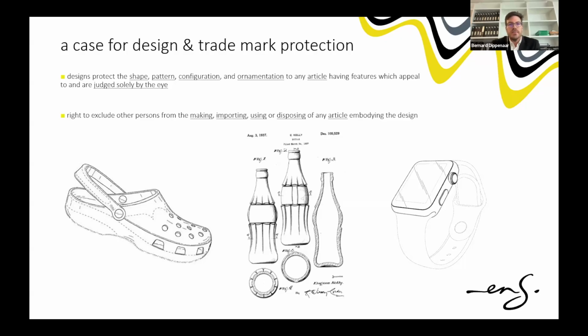Now, below are some more typical examples of designs. On the left-hand side, you'll see a shoe. You'll either think it's the prettiest or the ugliest shoe in the world, but it is these Crocs. And you'll see that the way it has been constructed, it has very noticeable aesthetic features. It's got that sash, that little circular item there where the Croc logo will be. And then it's got this unique arrangement of the different holes and also those ventilation holes. So they have filed quite a few designs over the years as these shoes have changed to protect these aesthetic